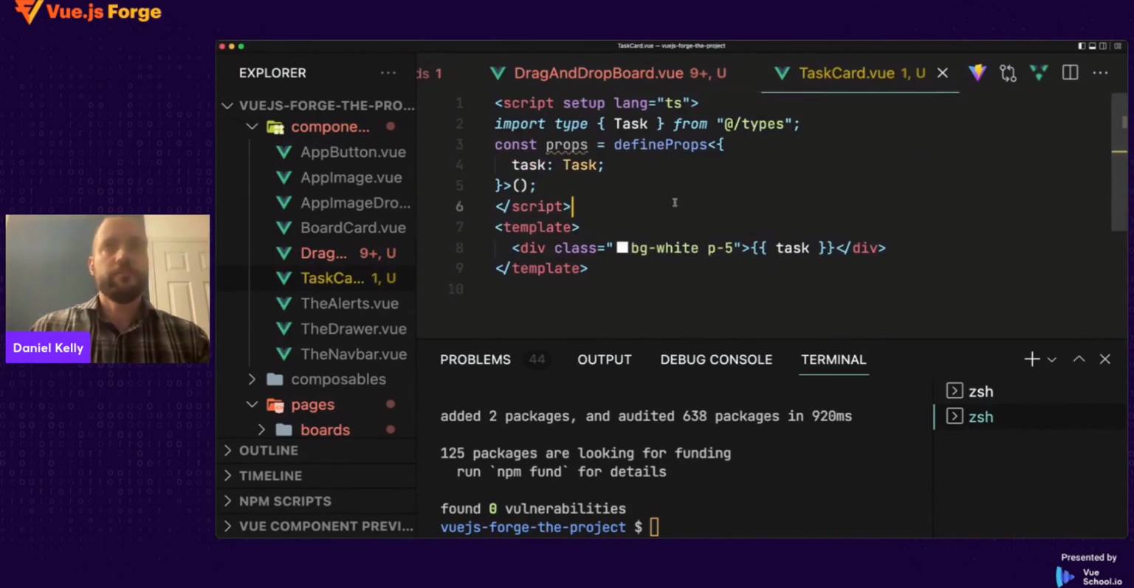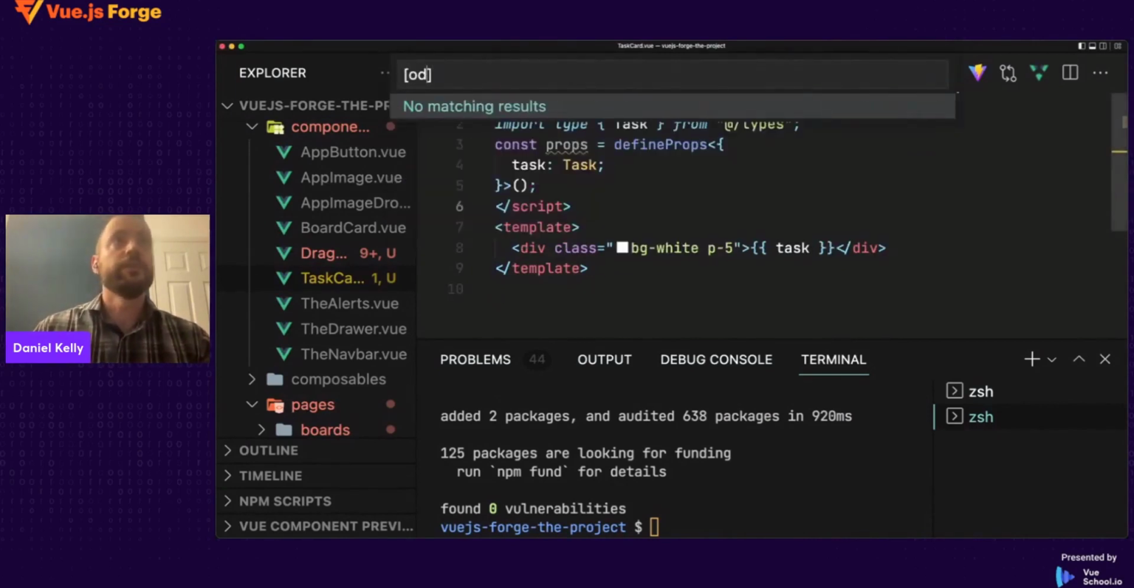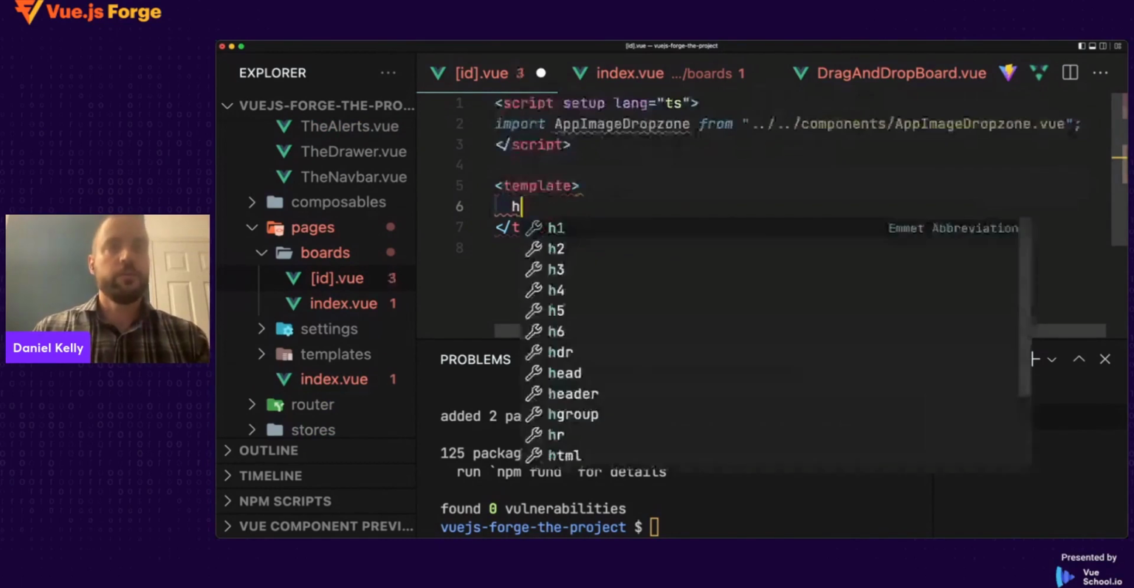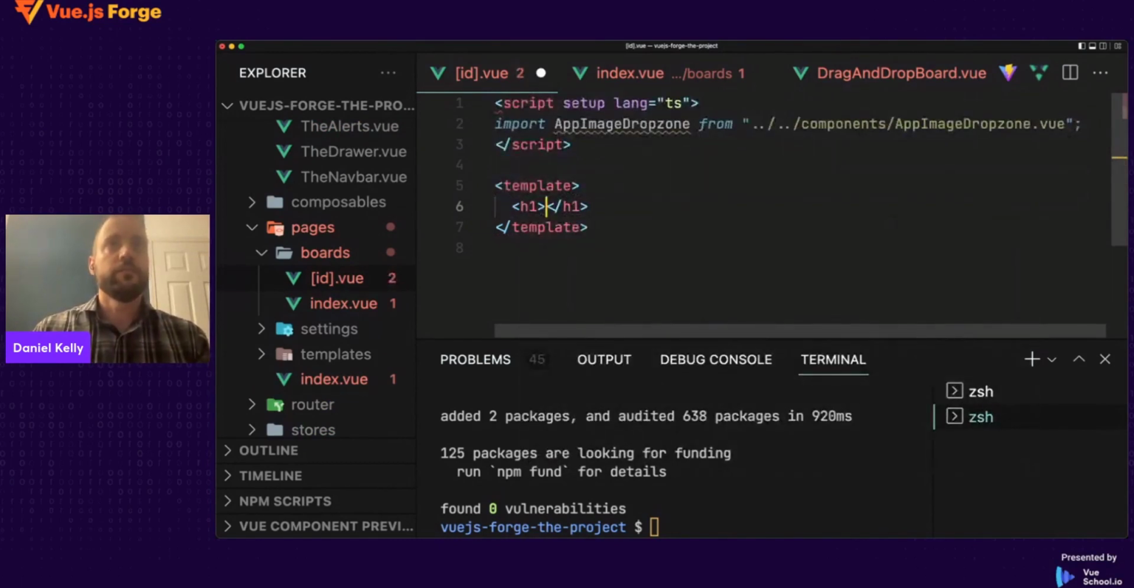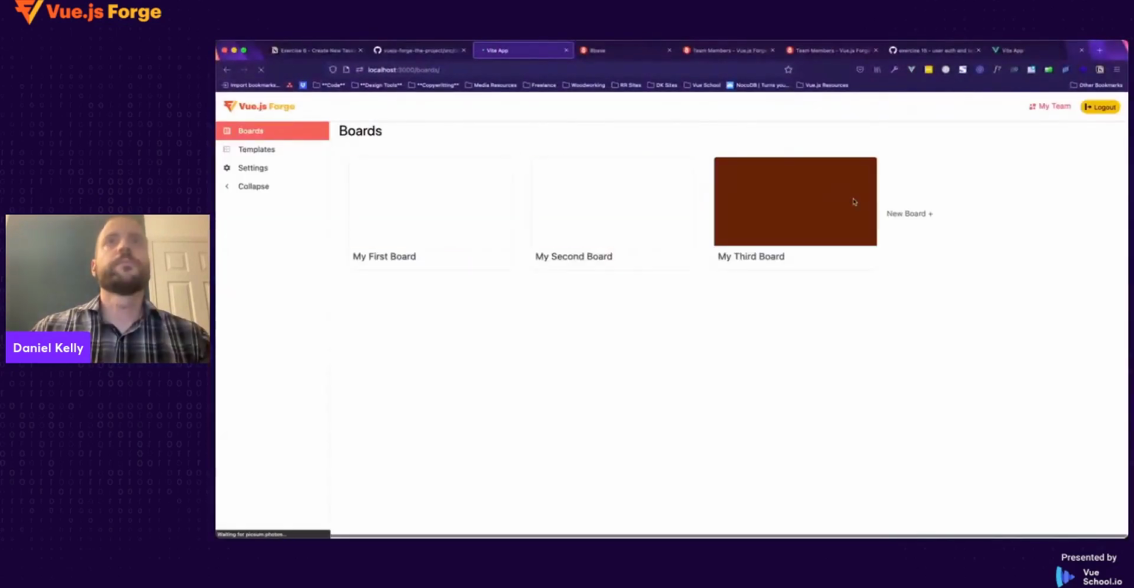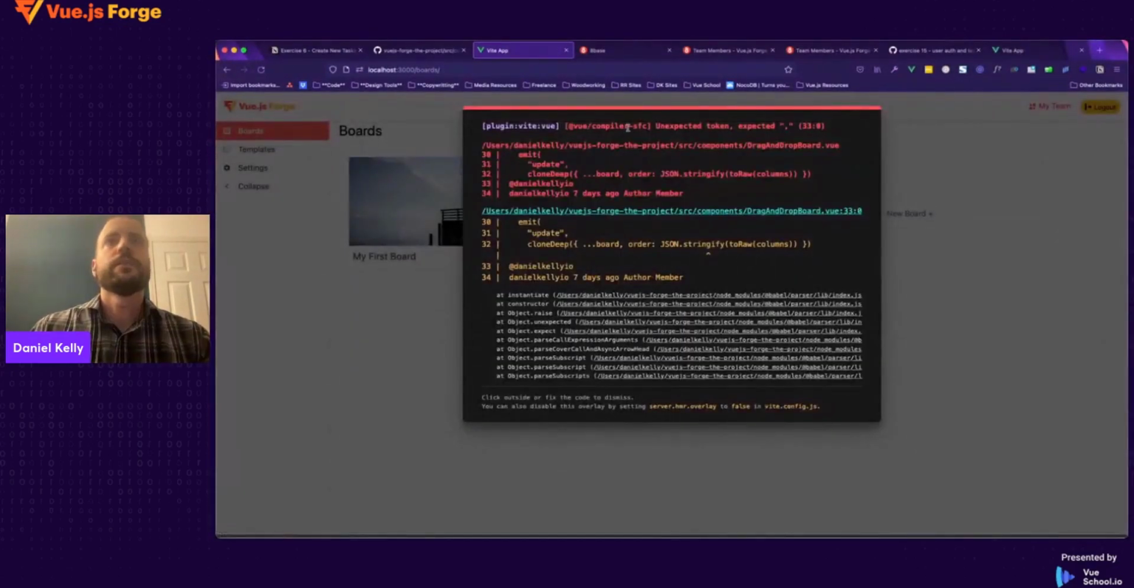Perfect. Okay, now we just want to use that inside of the individual board page. Okay, and we'll just replace this with an H1 that says board, and we'll get our drag and drop board in there. Awesome. All right, so now let's see what that looks like. Okay. All right, so we've got a board,